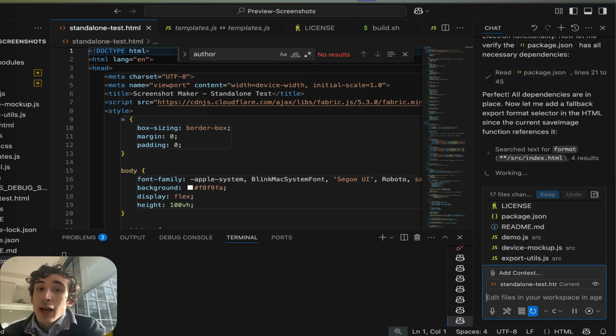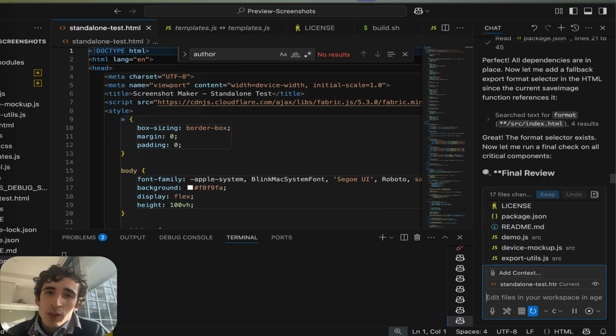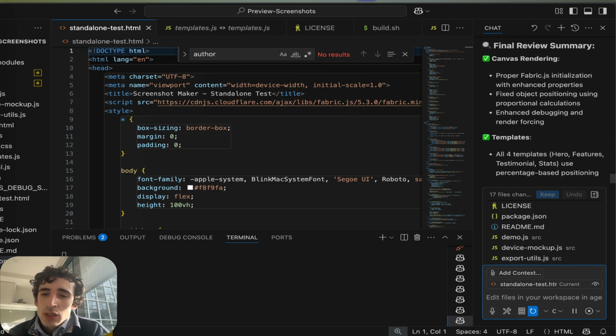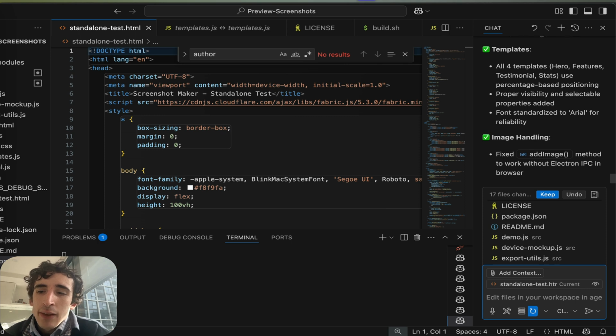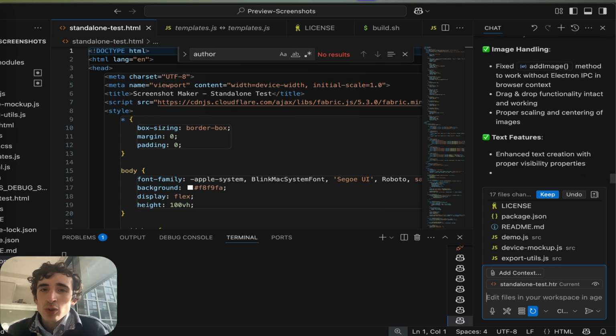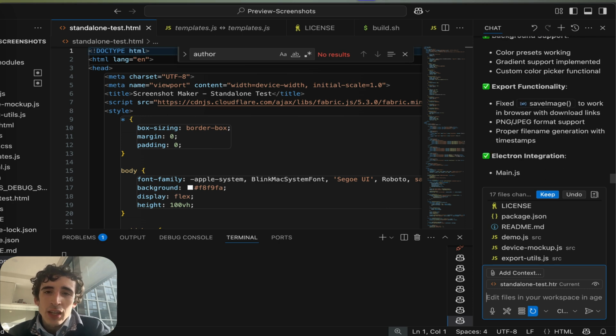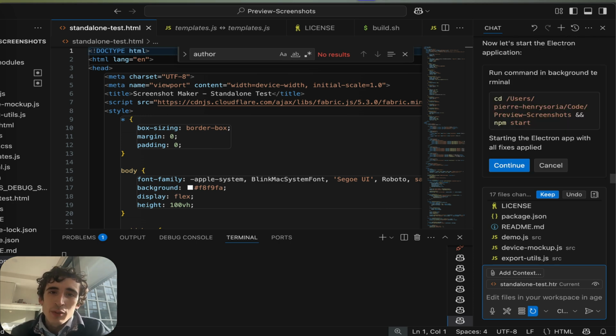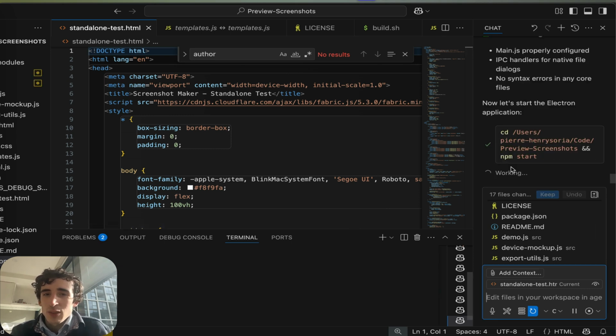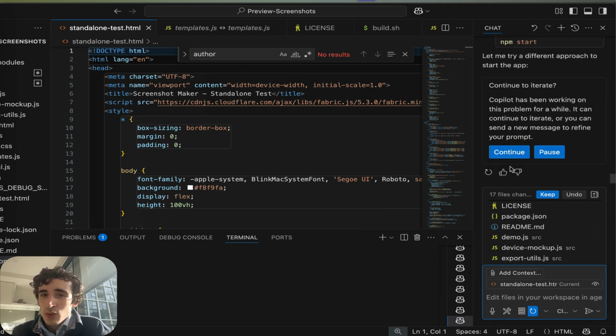And this is why we now have AI to help us build amazing, high quality MVPs and to understand exactly the needs of the clients. If you are working for a client, like in my case, the preview screenshots, I do it for myself, so I know exactly what I want. But for you, I think the most important thing is to understand exactly what a client wants, and you can do that by automating or by having a standard,